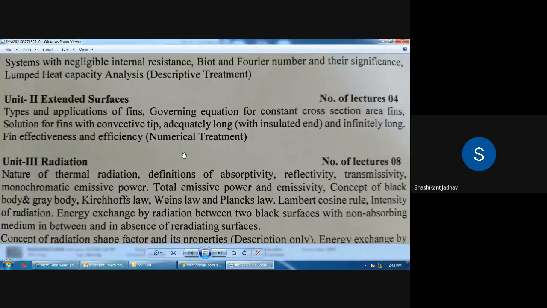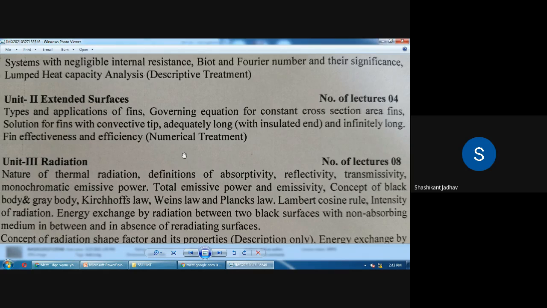So whatever surfaces are there, we have to increase that surface area. What way do we have to increase the surface area? For increasing the surface area we have to use extended surfaces. We can increase the rate of heat transfer by improving the heat transfer coefficient h or by increasing the surface area. But increasing the heat transfer coefficient needs a fan, pump, etc. So this is not a practical or possible way.